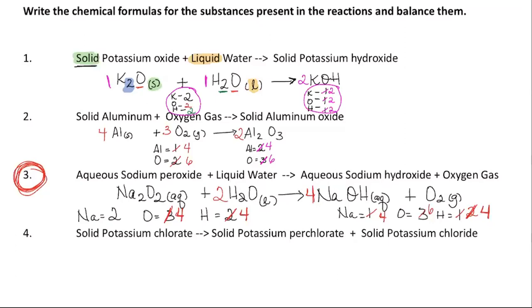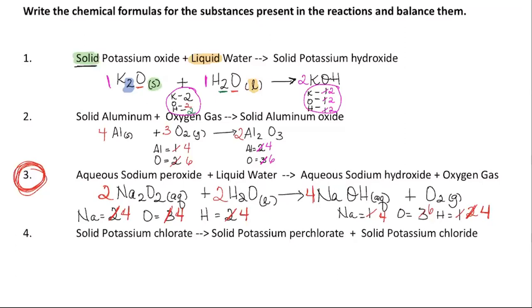So at this point, my hydrogen is balanced, my oxygens are off, but then my sodiums are off too. Well, let's try to balance the sodiums. If I put a 2 in front of sodium peroxide, my sodiums will go to 4 atoms. Okay. Now,